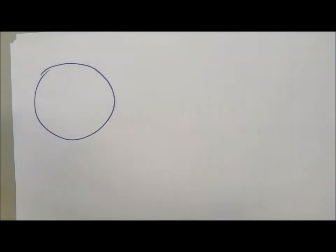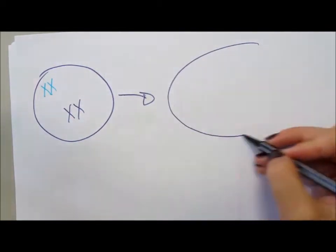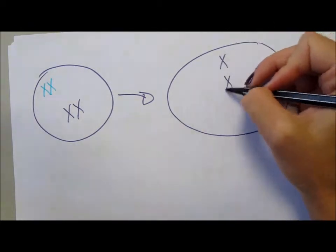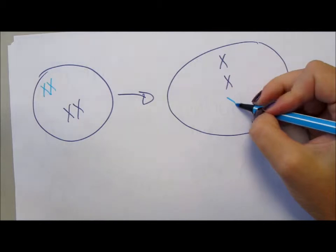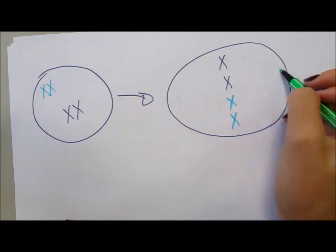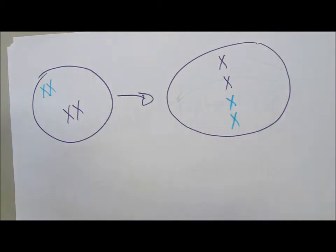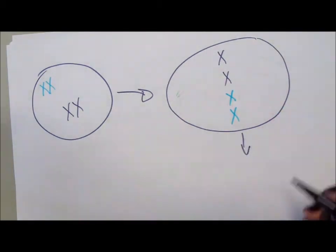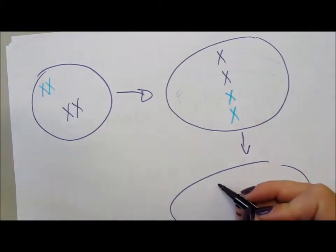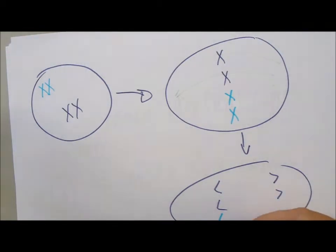Okay, and in our nucleus we have a pair like that, and maybe another pair like that. What will happen is that in this nucleus the chromosomes line up in the middle. Now they don't just line up in space, they line up on protein fibers, and those protein fibers are called spindle fibers. Then the chromosomes will split, and you will get the single chromatids moving down the spindle fibers towards the ends